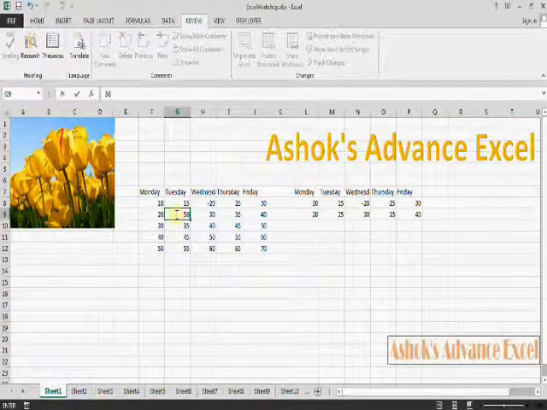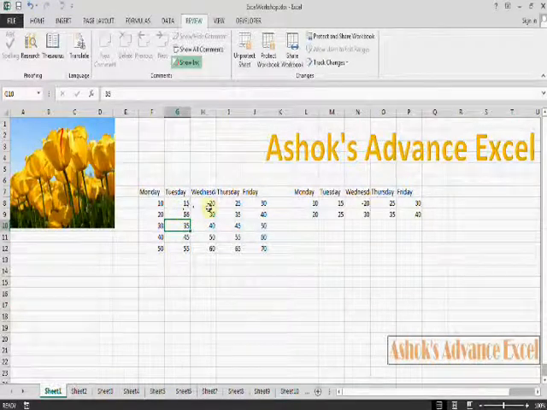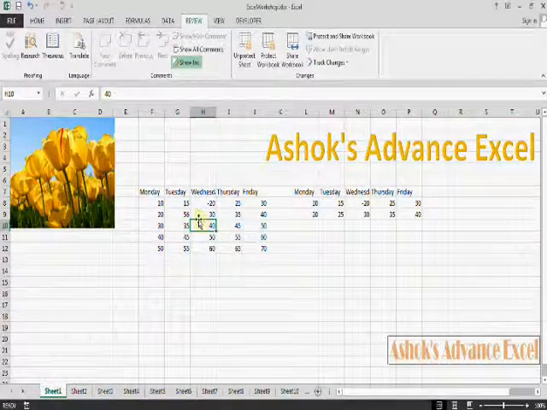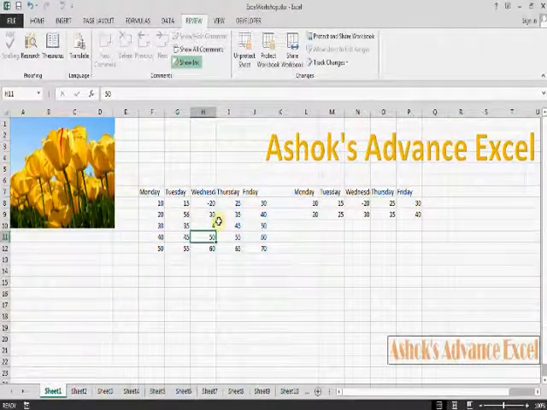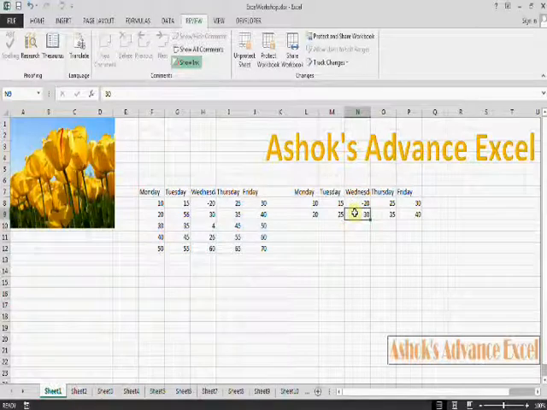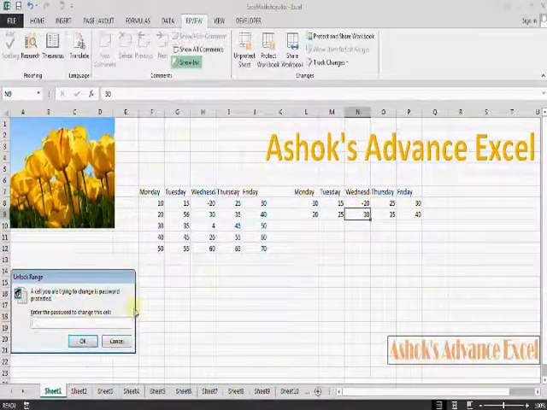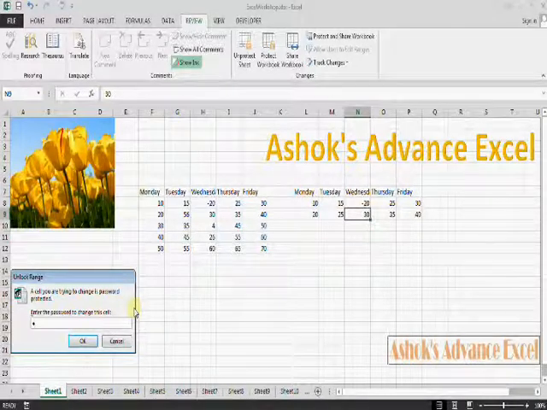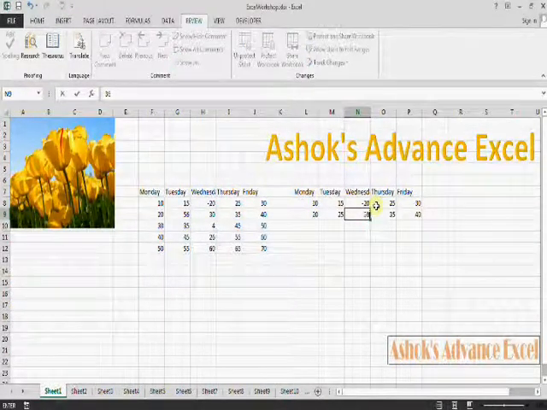Now you can see in all range, all cells are allowed to edit. Okay, same way in the next range, just try to edit. It is asking for a password, just write password capital B, click OK. Now this range is also editable. Try this.